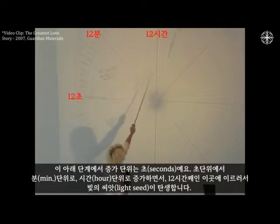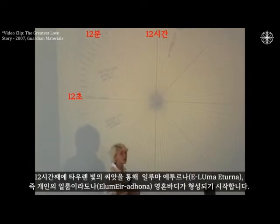Minutes. These would be hours, and it gets to the 12th hour. And this is where the birth of the light seed occurs, and the connection through the Taran light seed, and the birth of the personal Luma Eterna, and the Illumer Adana body. Right? The personal Illumer Adana body